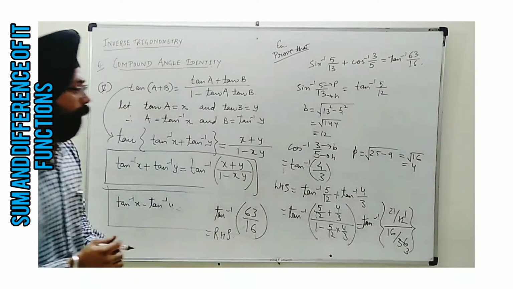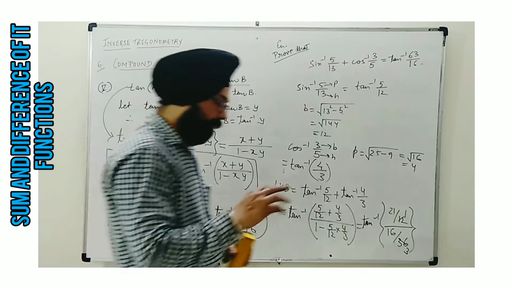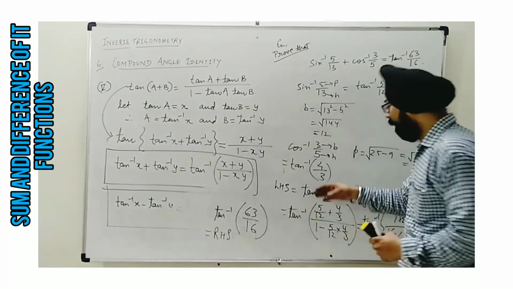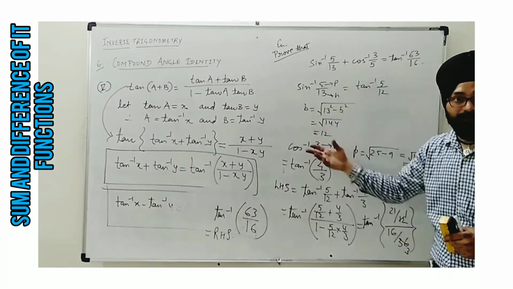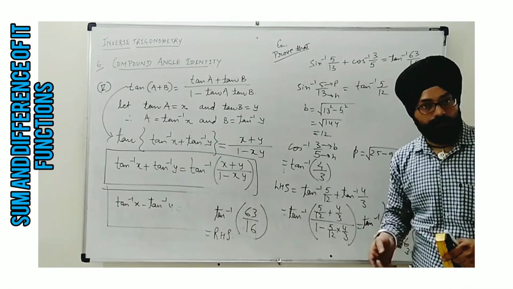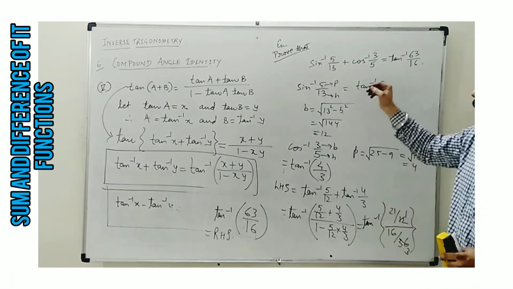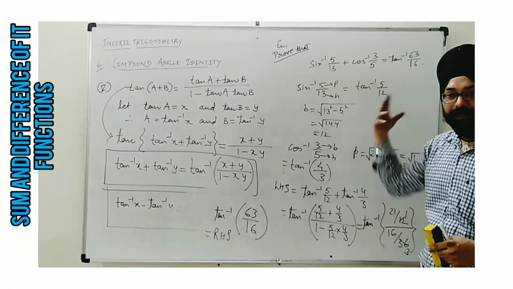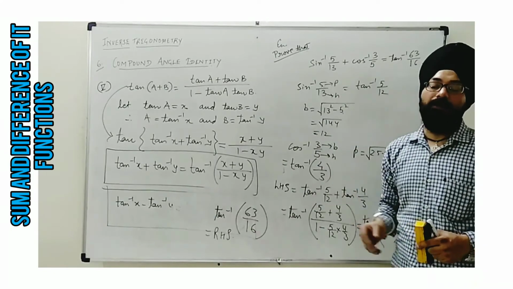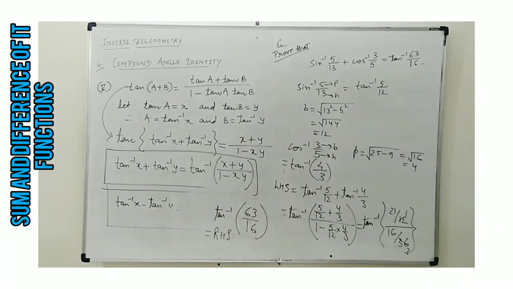Now this way we can prove. This was one method in which we had already planned that LHS will be converted completely in tan inverse, then the right hand side will be obtained. But every time I cannot expect all students to do so. So the second method is where we simply convert both of them in sine or cos, then we will find RHS. That also I will write here. Let's see.